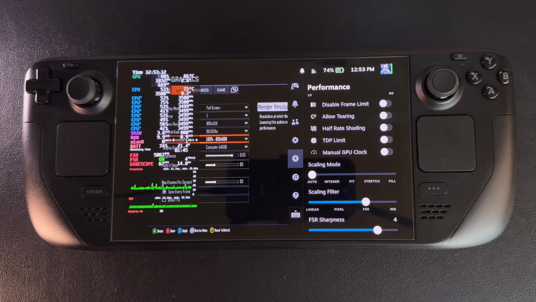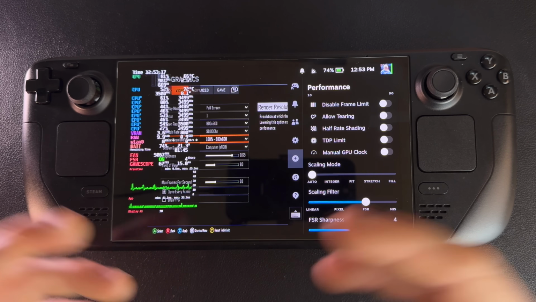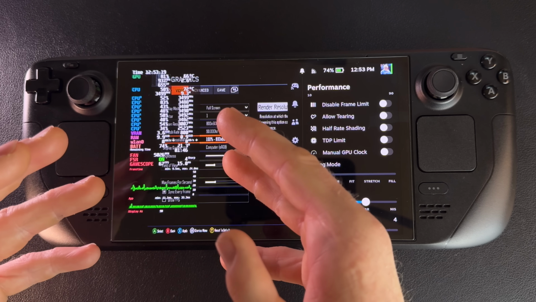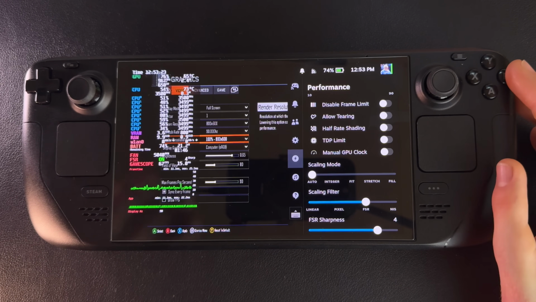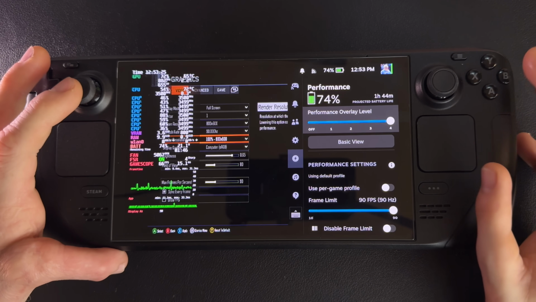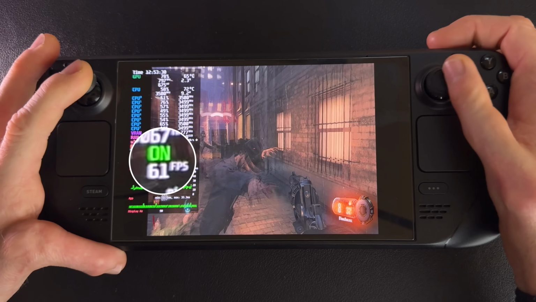And this is all without the game knowing anything. We're kind of sneaking. The game doesn't know it's being upscaled. The game is just rendering at this resolution, and the Steam Deck on its side is doing the upscaling. So it's not dependent on the game at all. So now if we go back into the game and play a little bit,